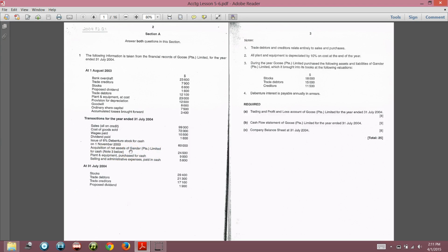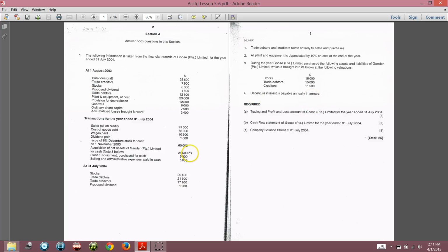So you see, this company Goose has bought from another business owner. During the year, Goose Limited purchased the following asset and liability of Gander Limited, which it brought into the books at the following valuation. So if you total up this, 18,000 plus 15,000 minus 11,500, use your calculator. 18,000 plus 15,000 minus 11,500. I get